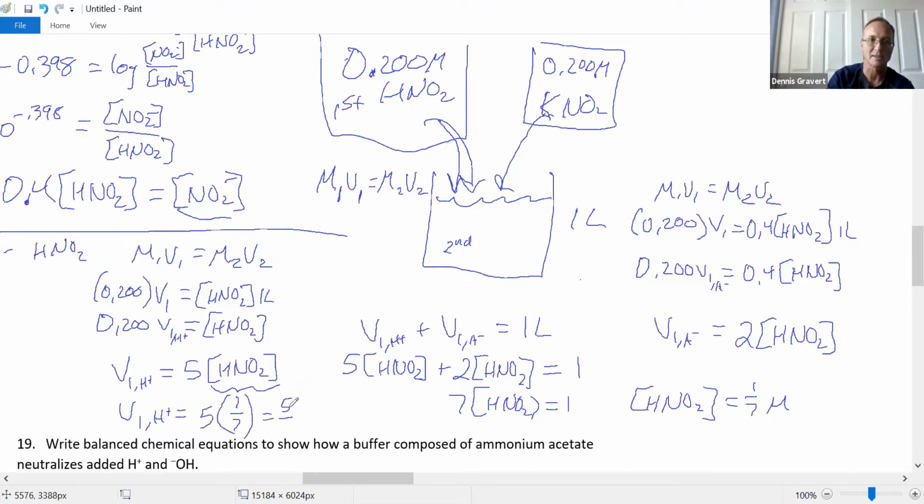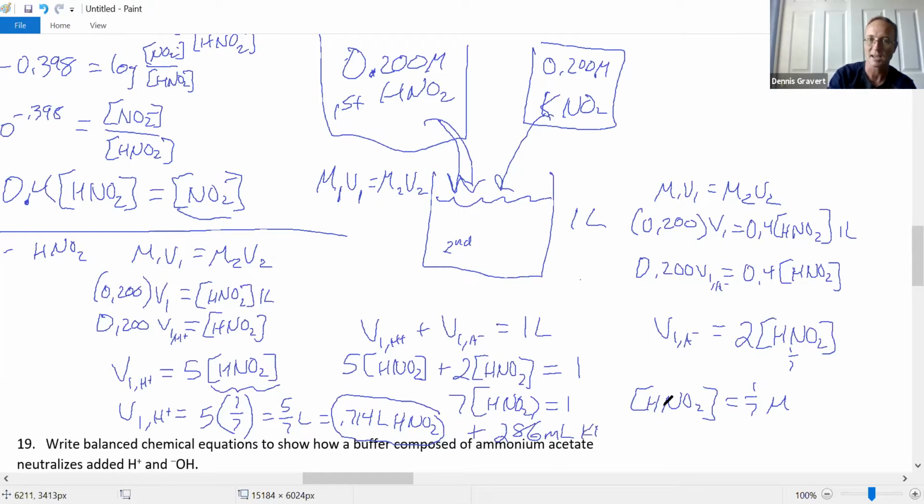So it's 5/7 of a... 5/7, sorry. There it is. 5/7 of a liter, and that's equal to 0.714 liters of HNO2 solution. Plus, well, you put in 1/7 for this number. Here we go. So over here, put in 1/7, and we get 2/7 of a liter, which is 286 milliliters